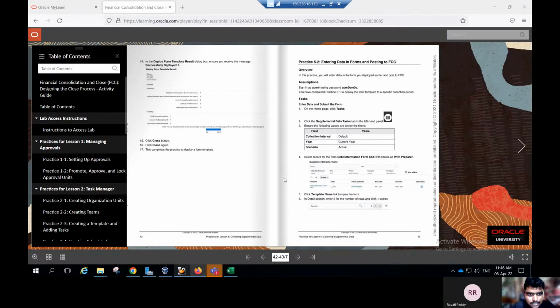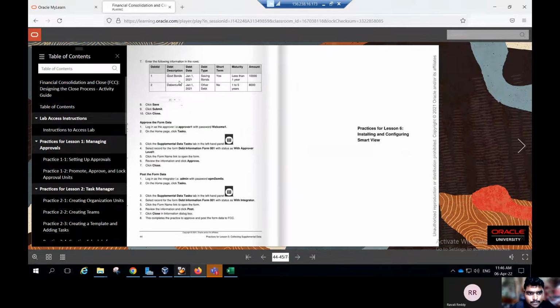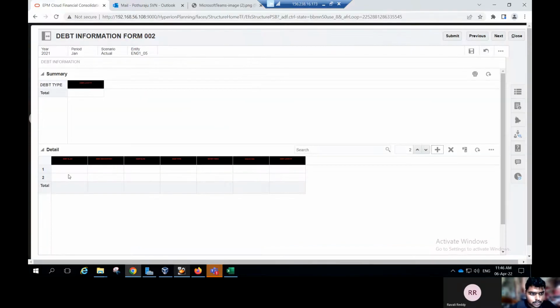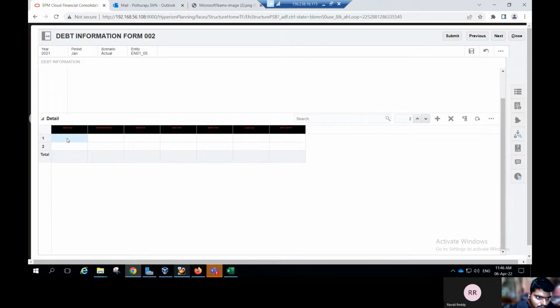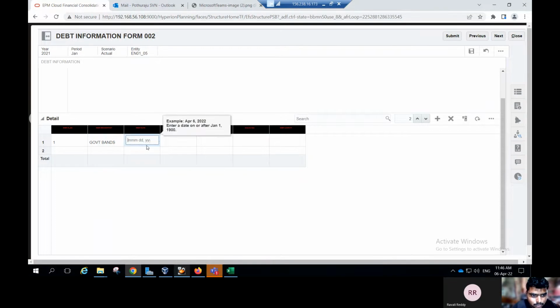After clicking on the plus icon, provide the description and date. I'll show you how to enter them. Again go to application. This is the debit ID for 001. Give the name as one, and the description for government bonds as per our activity guide. Government bonds, and the debit date is Jan 01 01 2022, and the debit type is